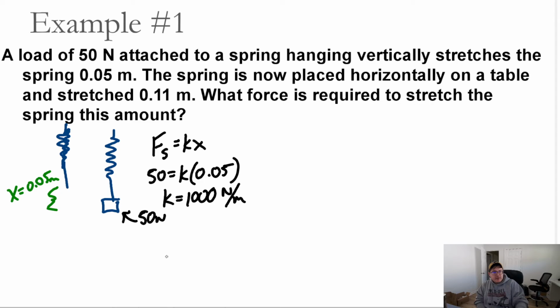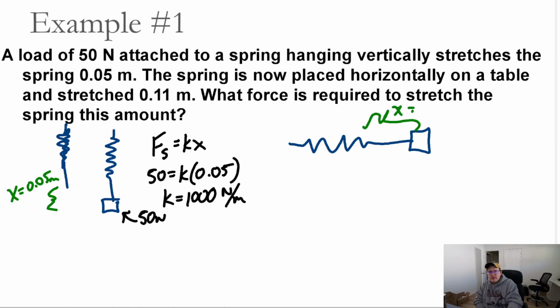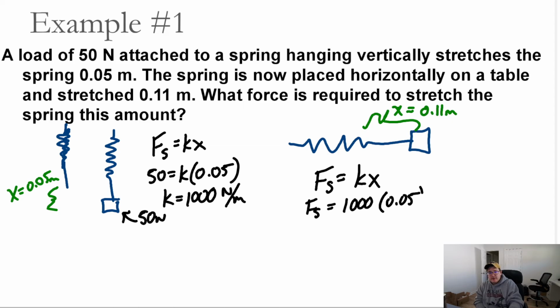All right, let's try this out. I now take the spring and I place it horizontally on the table. But my stretch distance, how far I stretched it, X is going to be 0.11 meters. What is the force required to now stretch at this distance? Well, we're going to go back to Hooke's law, Fs equals Kx. The force on the spring is what we're looking for. The spring constant stays the same. And our stretch distance 0.05. So the force we put on the spring is going to be,